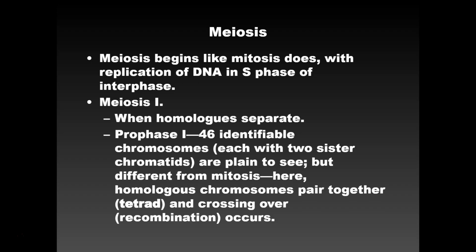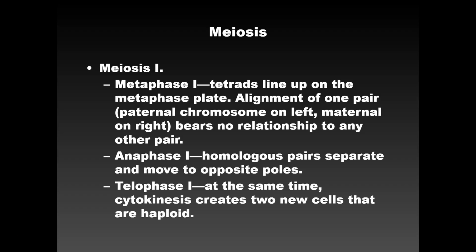So we start with meiosis 1. We have these homologous pairs that have been duplicated. I'm going to show you a picture if you can't quite picture this. You have these homologous chromosomes, each of which has duplicated into a sister chromatid. Those sister chromatids are going to come together, and this magical thing called crossing over, which is the process of recombination, is going to happen. And again, if this is crazy confusing, it's okay, we're going to talk about it a bit.